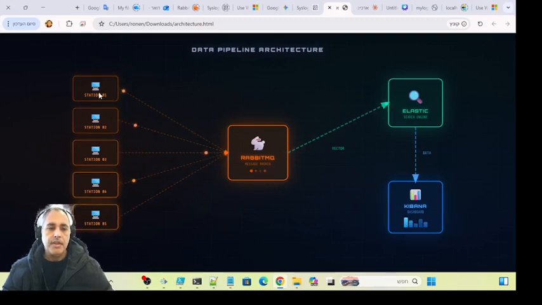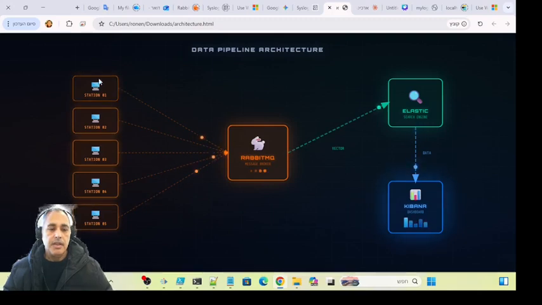The workstation, the endpoint computer, sends an event to RabbitMQ, to the queue. The queue is always waiting for events to arrive and never tells the workstation I am busy, I'm overloaded, or something like that. This is its whole job in the world, to stay and collect the events from the